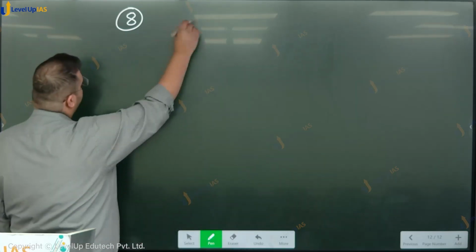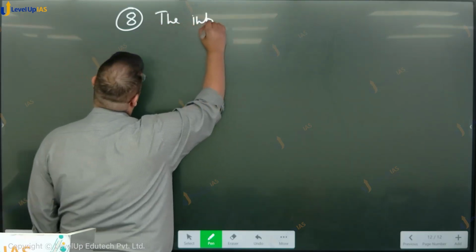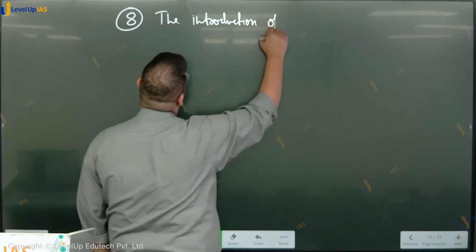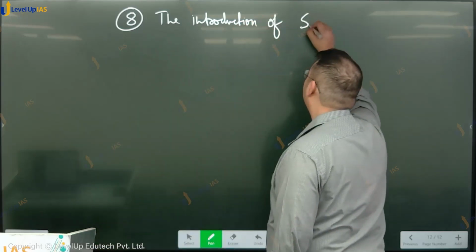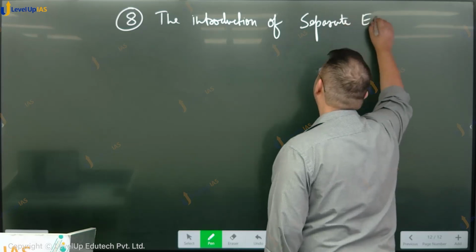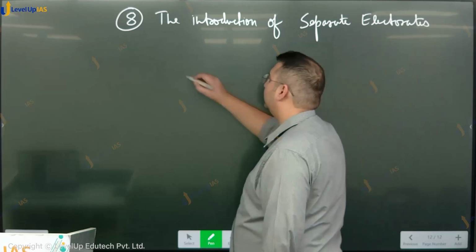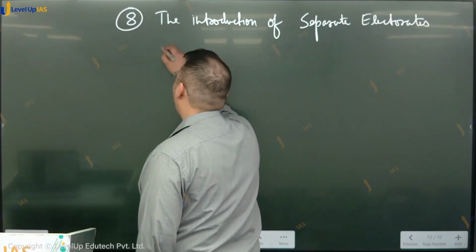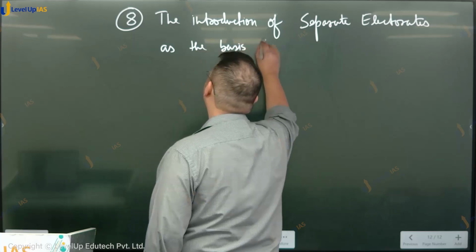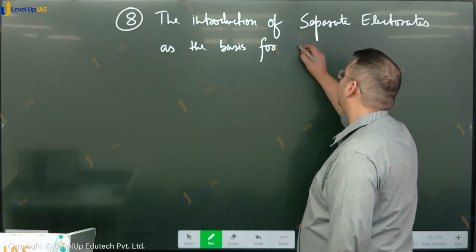And you can write the introduction of separate electorates as the basis for minority representation